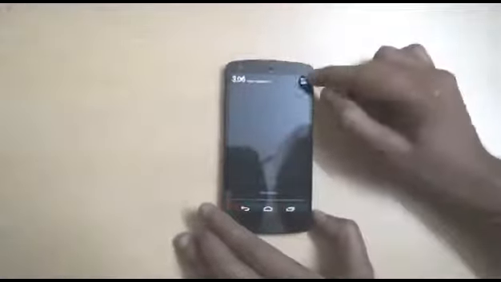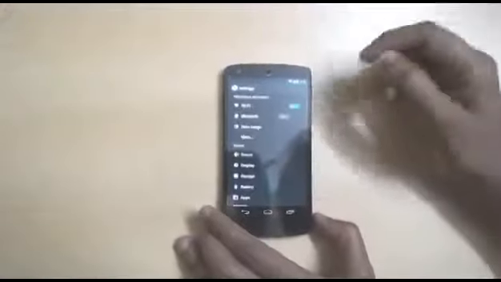So in this video I'm going to review all the settings of this phone with my preferences. They might save battery, they might increase performance, so you have to decide whatever customization you have to do on your phone. So this is the lock screen, here we swipe, and this is the home screen I have in my phone. So let's get to the settings.